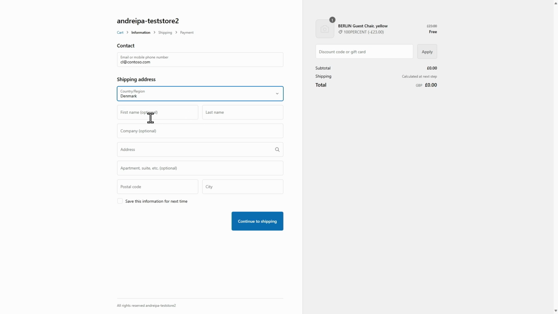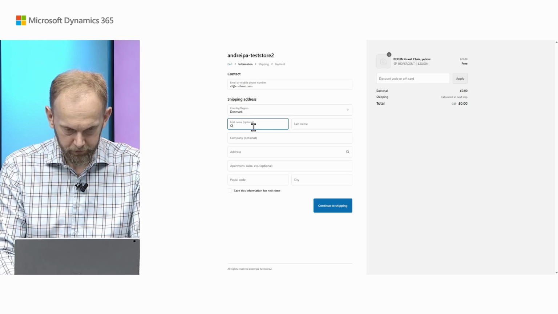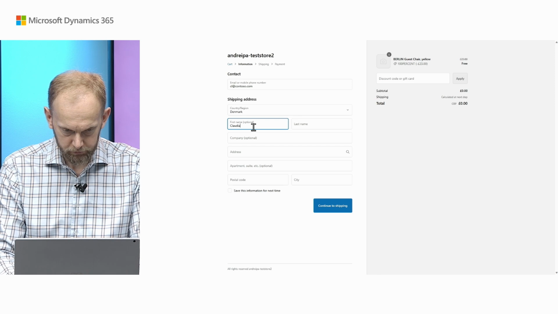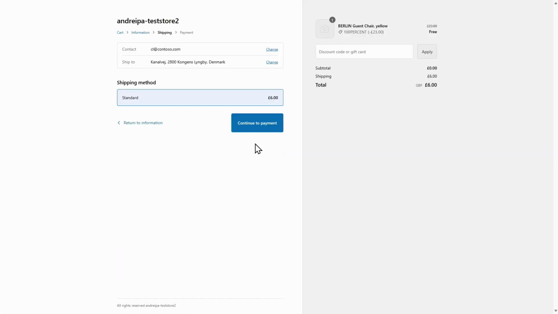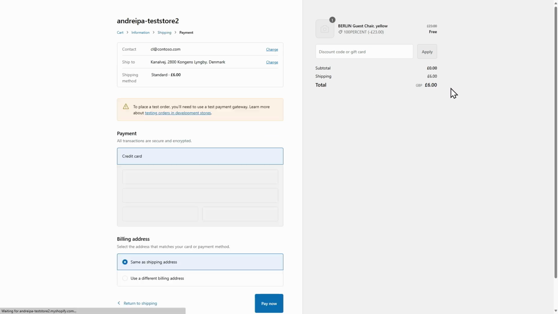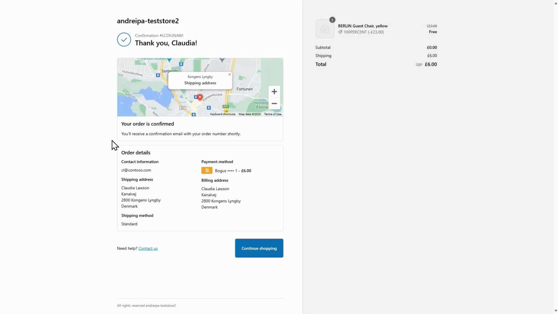It will be Denmark, our favorite customer, Claudia Lawson, who lives in Denmark and is buying three chairs with some shipping cost, but it doesn't matter right now. We just need to have some order which we will import and then break. Okay, now we have an order.